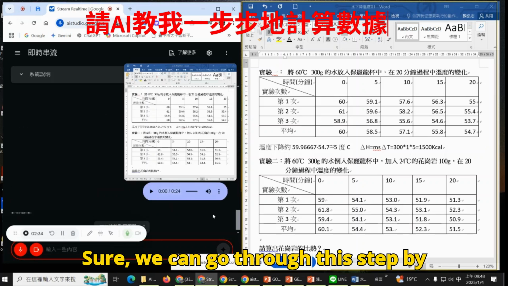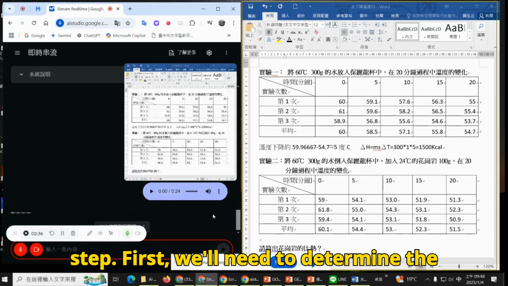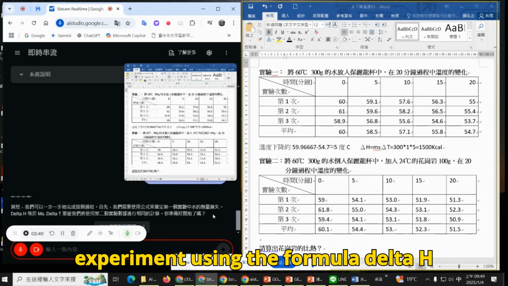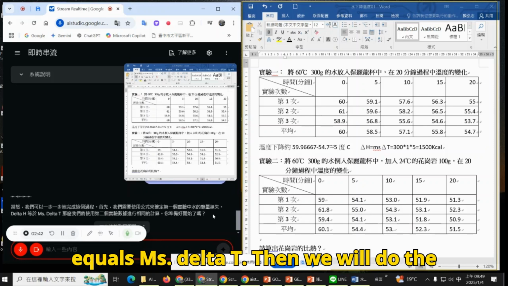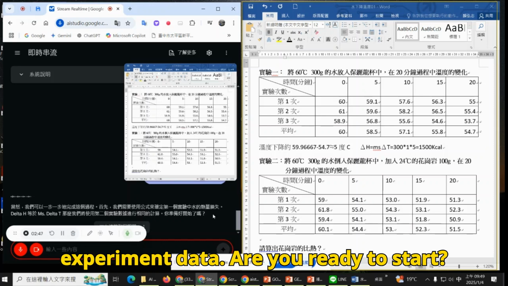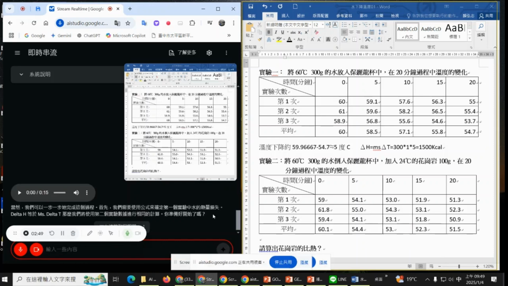Sure, we can go through this step by step. First, we'll need to determine the heat lost by the water in the first experiment using the formula delta H equals m s delta T. Then we will do the same calculation using the second experiment data. Are you ready to start? 好，请你开始咯。